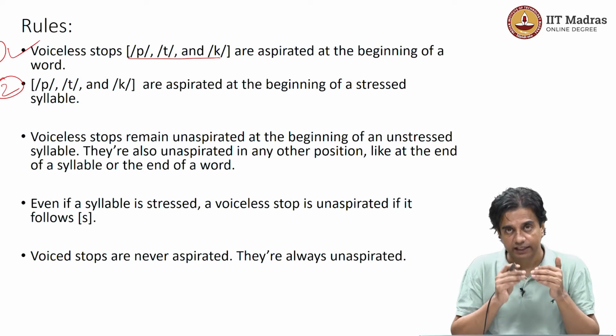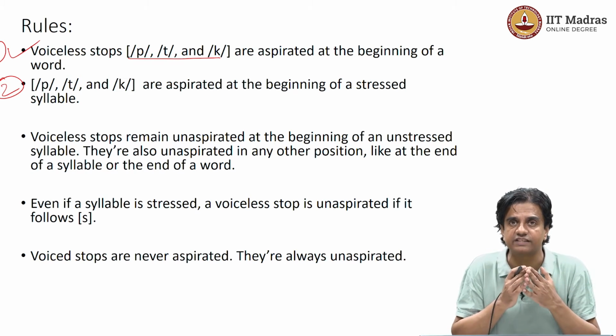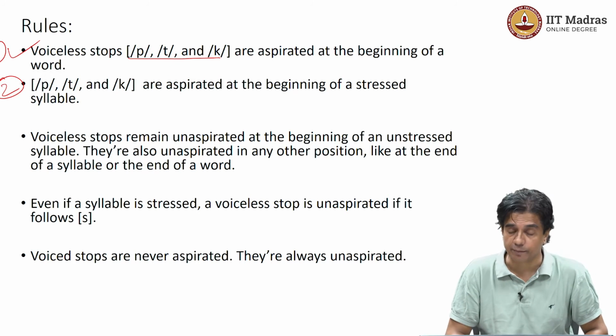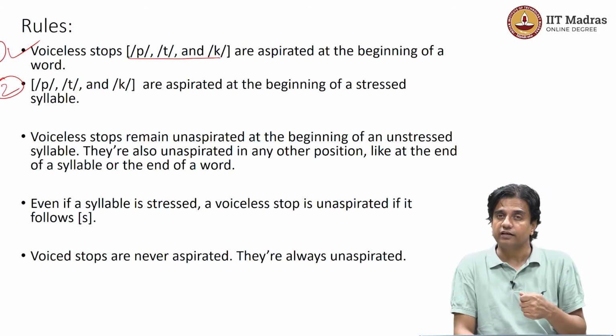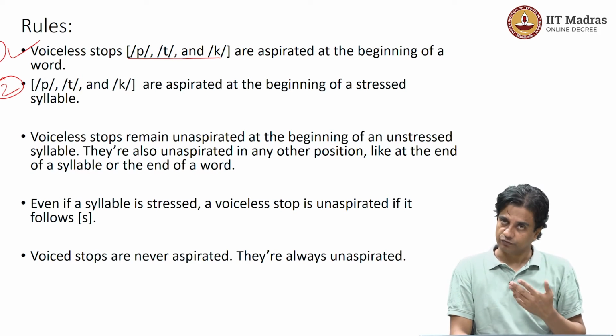And therefore, here our understanding of stress patterns in English is going to become important and going to play an important role in our understanding of these aspirations, so that we can revise our understanding of this aspiration. And of course we can say